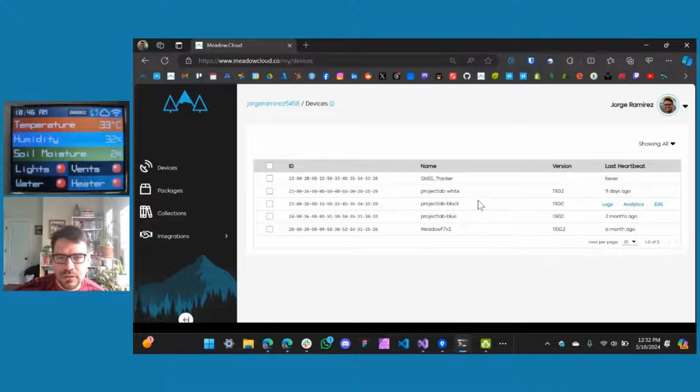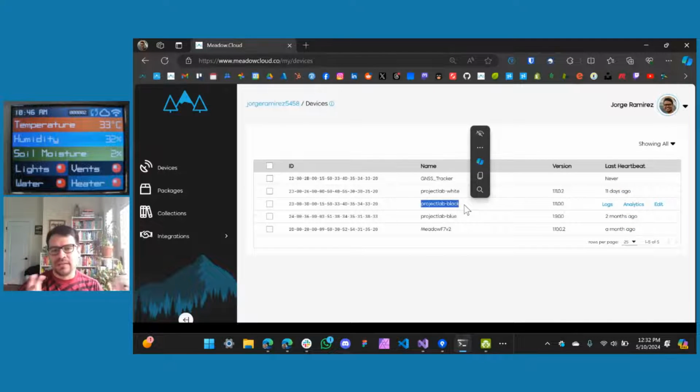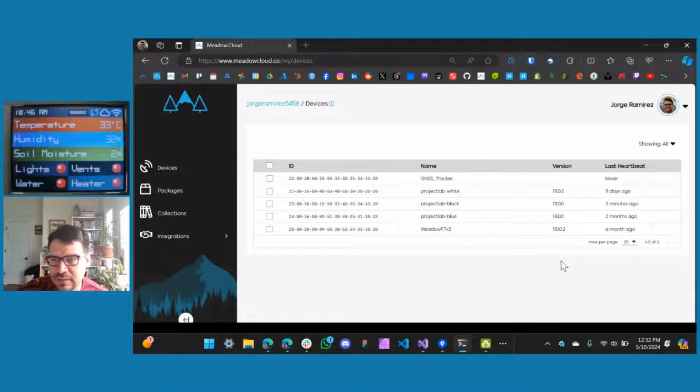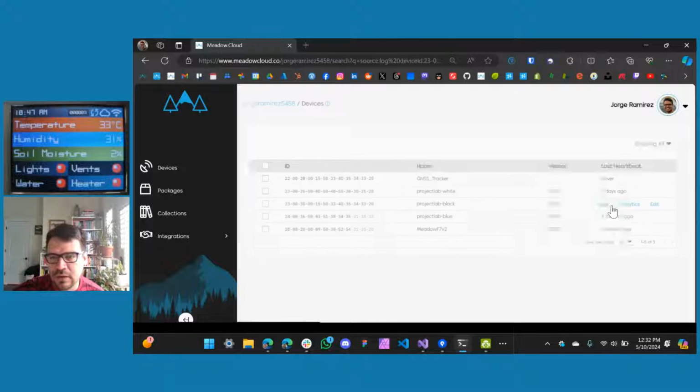And then once you do that, this one is Project Lab Black. I have other Project Labs that have different color enclosures, like a white and a blue one. In this case, notice there's a last heartbeat. It's 2 minutes ago, and I have health metrics set to send me life signals every 5 minutes. So for now, good. And if I go here to logs, for example,